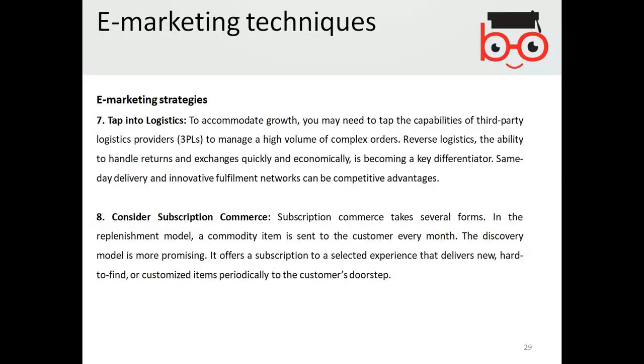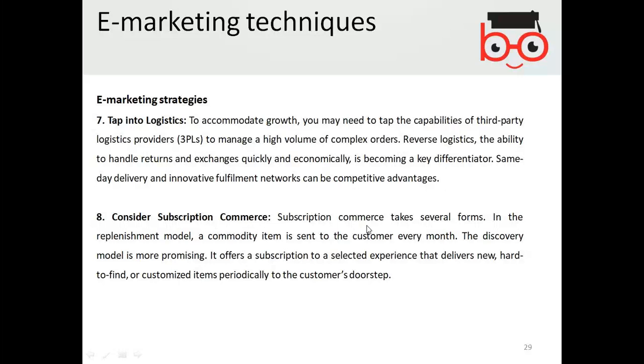Tap into logistics using third party logistics. Logistics are basically the means of transport. It is advising: do not use your own logistics but use third party logistics. Does it make sense? Yeah, at least at the start, because it involves lots of risk if you are delivering using your own convenience and transport. Is that true? True.